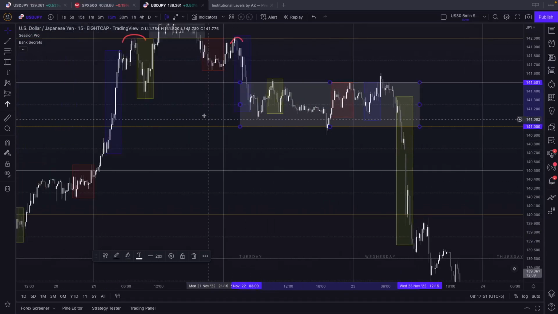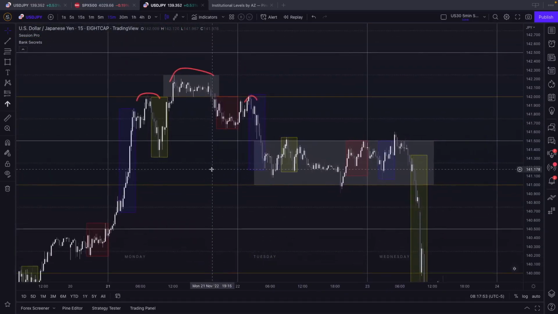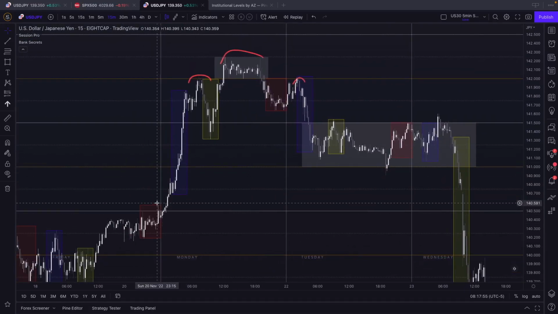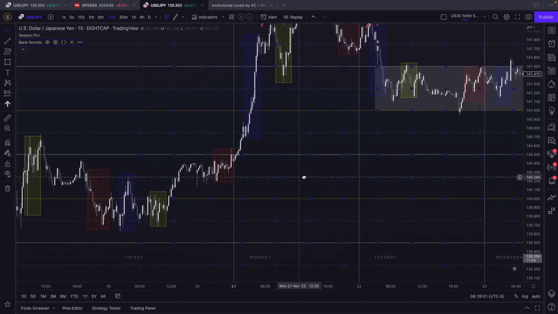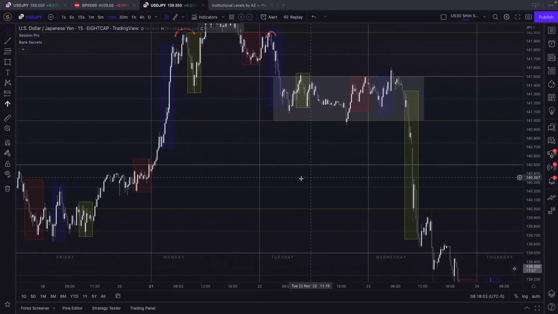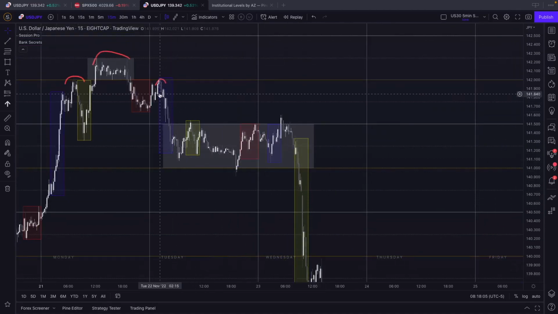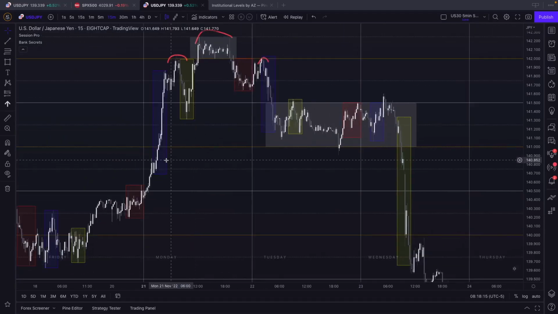I leave it up to you if you want to use this indicator. It really helps me for my trading, especially in combination with another free accumulation zone indicator, which would be the Session Pro indicator. Very helpful tools, because now we can actually look at price in a totally new way, from a totally new perspective. We have our horizontal grid lines based on institutional levels, and we have our kill zone set around equity market